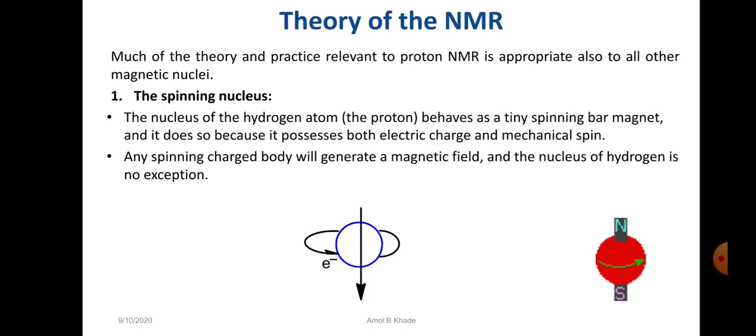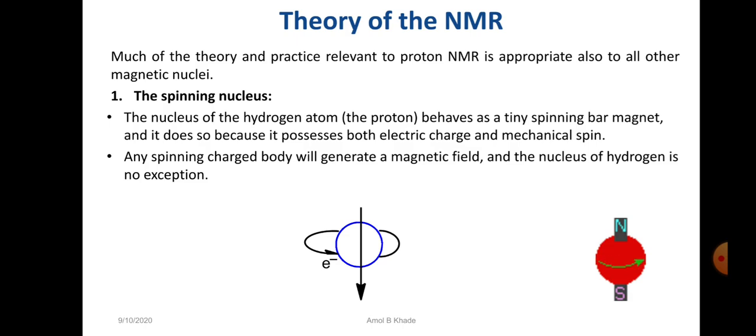Starting with the theory of NMR spectroscopy, the first point is the spinning nucleus. As we know, in a molecule we have different sets of atoms, and these atoms have nuclei. When we talk about the nucleus of the hydrogen atom, that is the proton, this proton behaves as a tiny spinning bar magnet, and it does so because it possesses both electric charge and mechanical spin. We know any spinning charged body will generate a magnetic field,